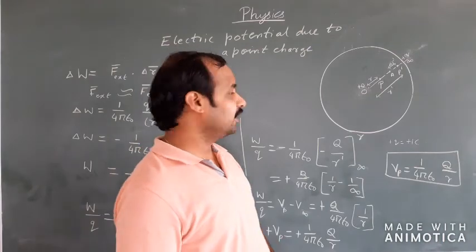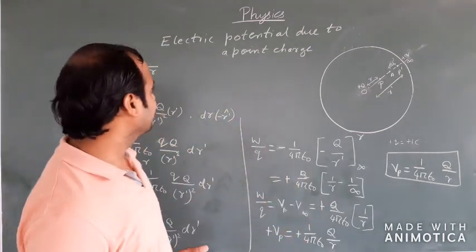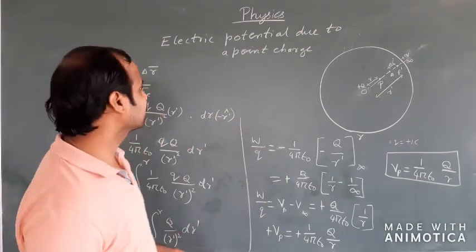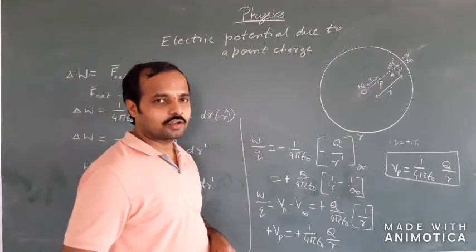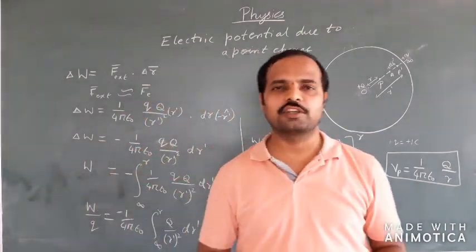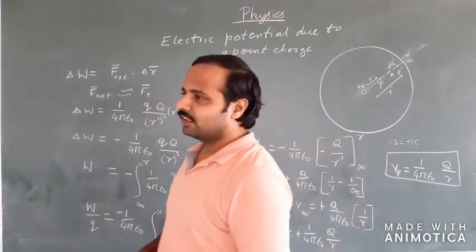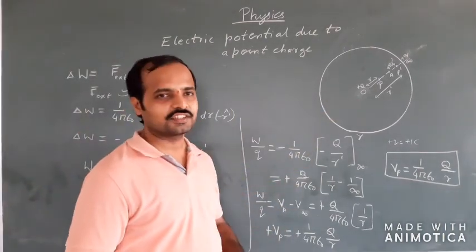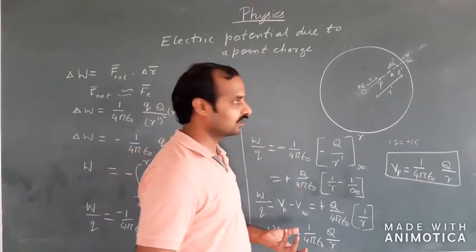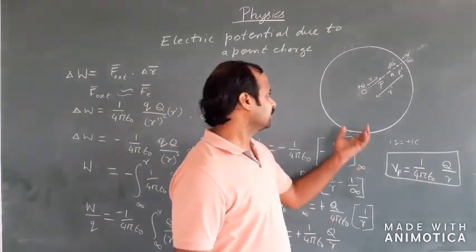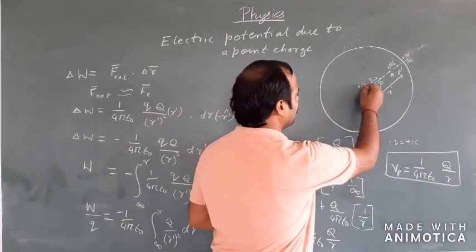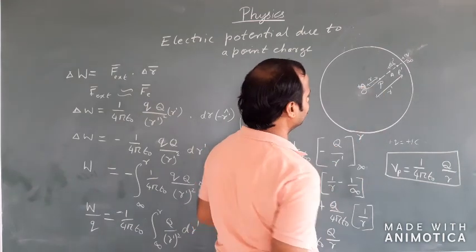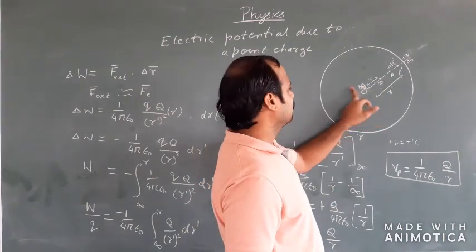In this session, we will be looking at the next part of electric potential and capacitance. That is, we are going to talk about the electric potential due to a point charge. So, in this case, we'll be making use of the same diagram which we used to understand the electric field. So, in this, I have a charge plus capital Q at point O,